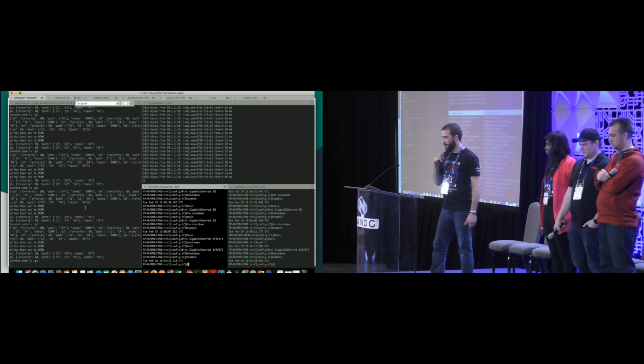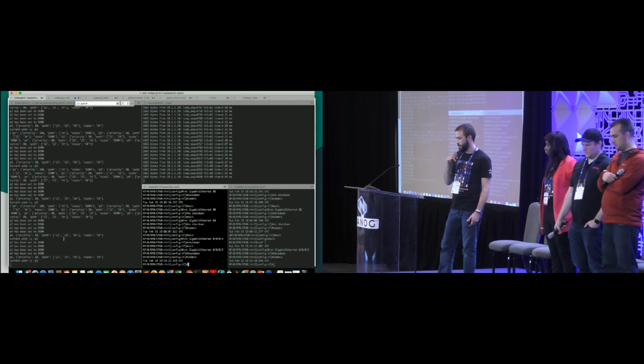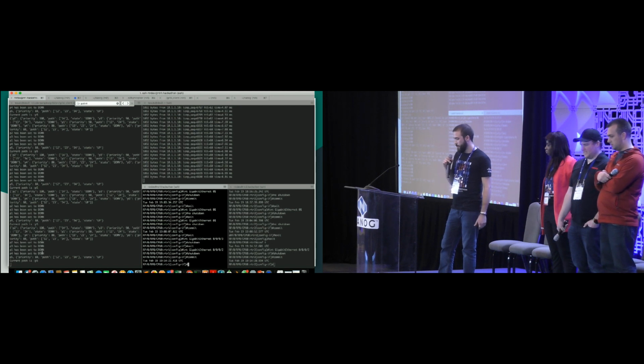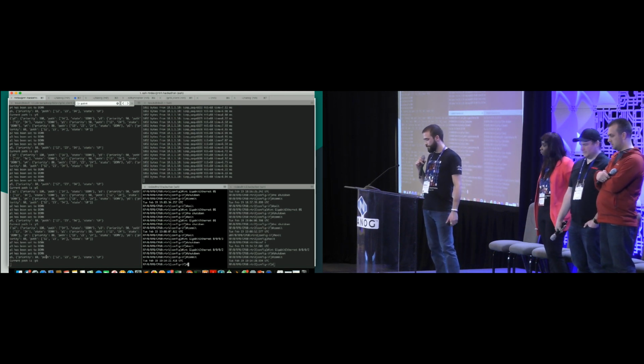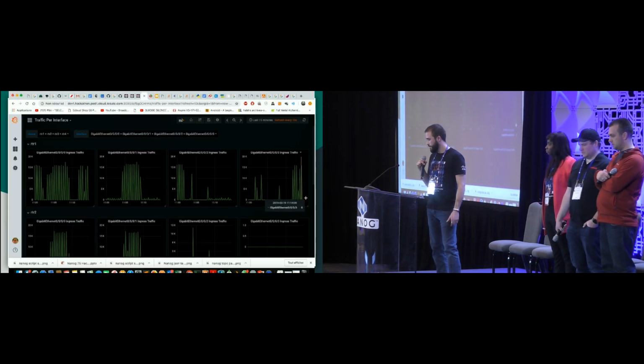Okay, so now we can see that the active LSP is torn down in order to tear up the proper one. We only have path 5 available. And we will see in Grafana in a few seconds the interface change in traffic.